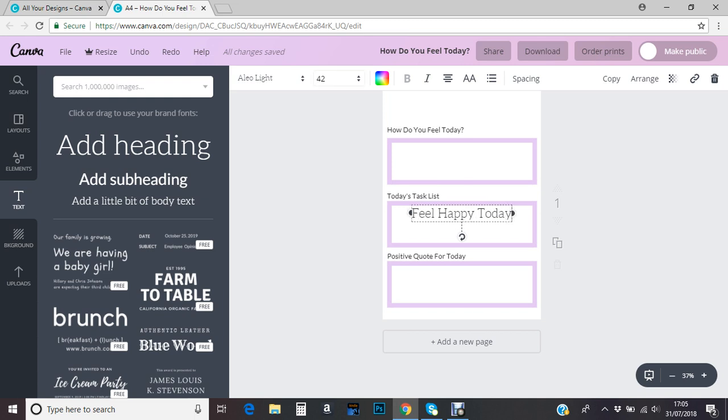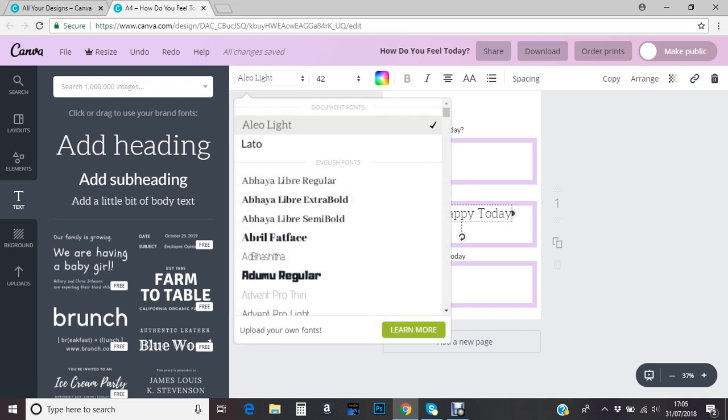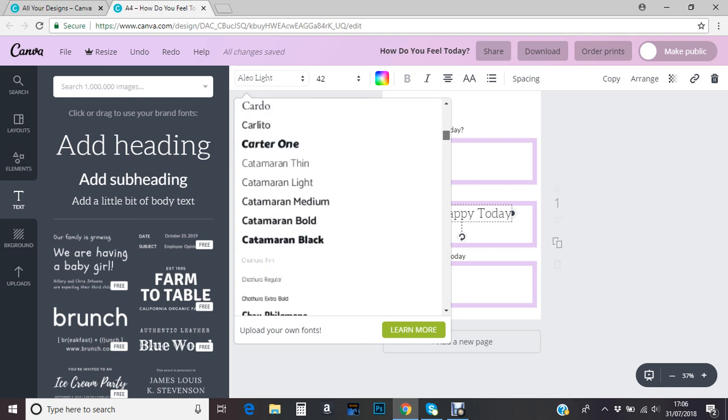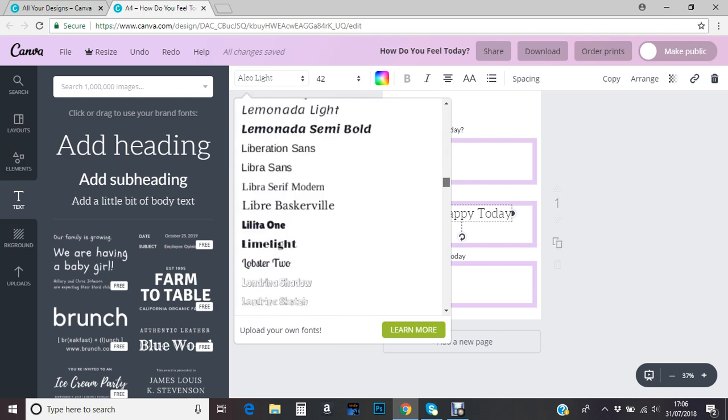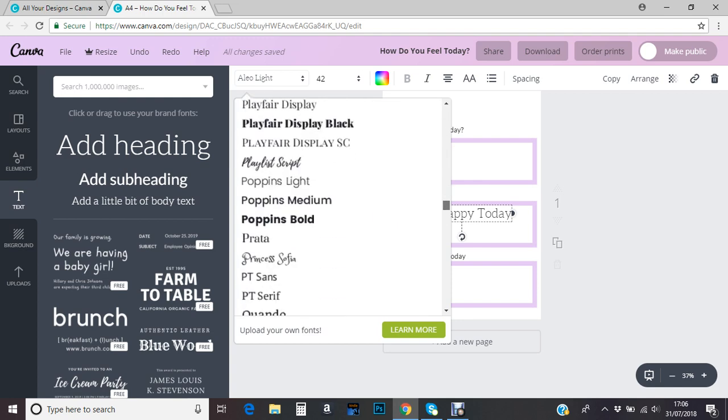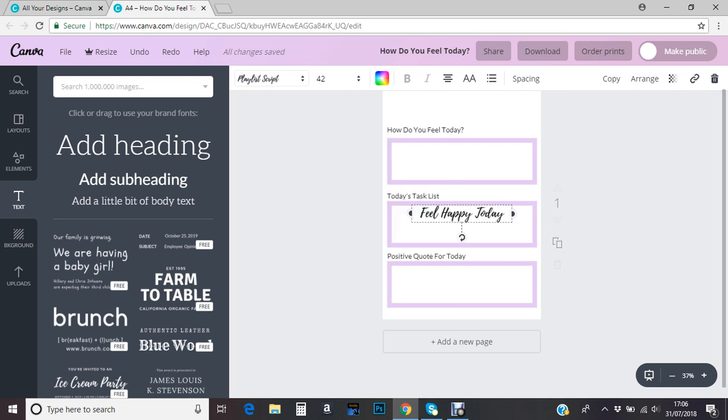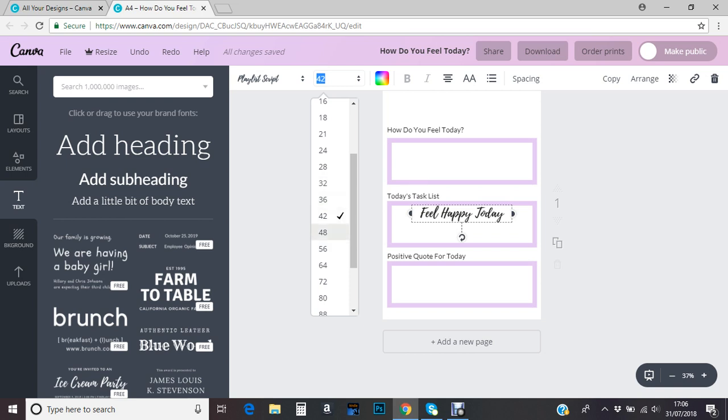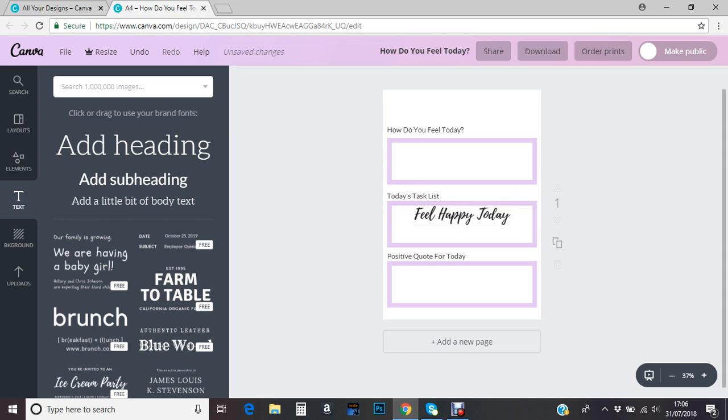Feel happy today. Just made up off the top of my head, spur of the moment, so it might not make sense as a worksheet. It is purely an example of what you can do, and that you can download that as a PDF,